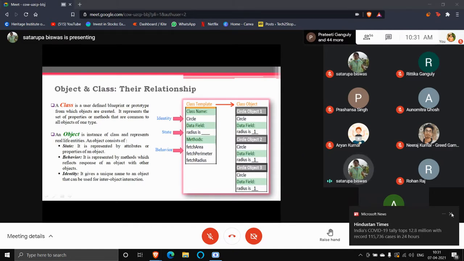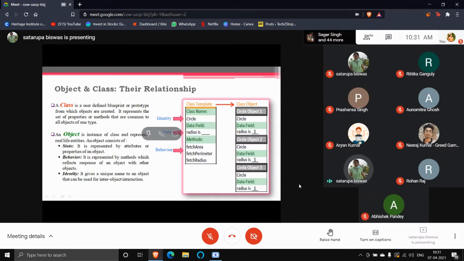The design will say what attributes the object will need and how the object is going to behave, and according to that, the objects are made. It represents the set of properties or methods that are common to all objects of one type, all objects of that class type.